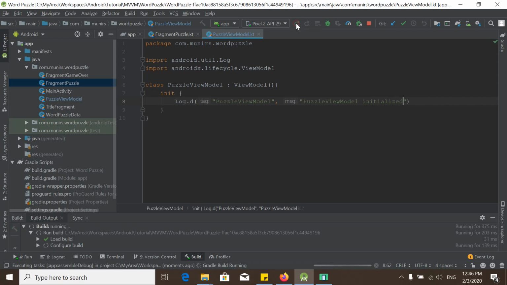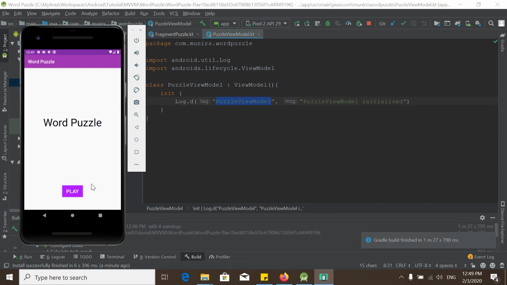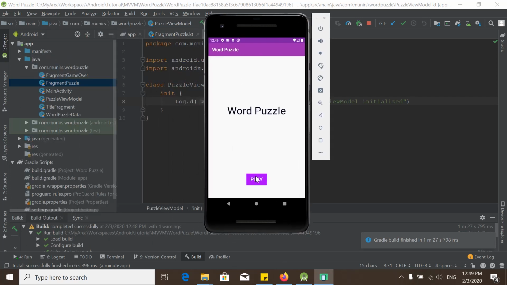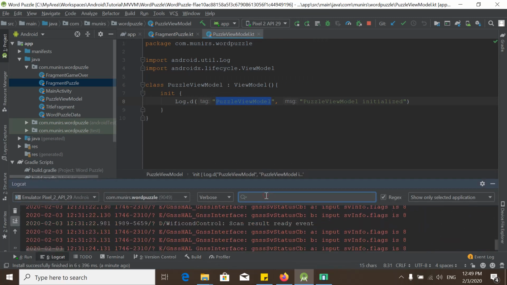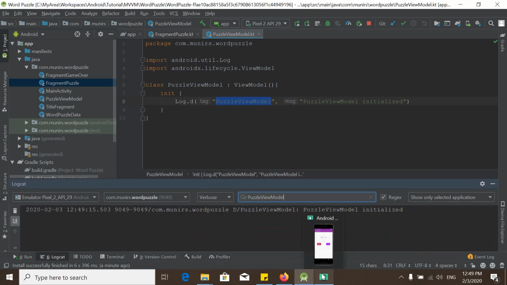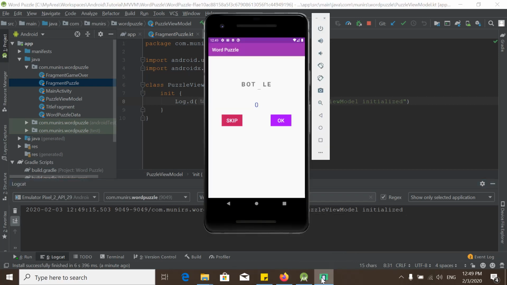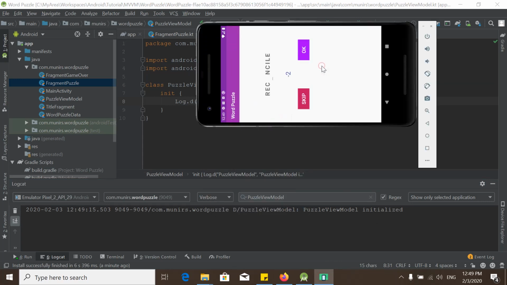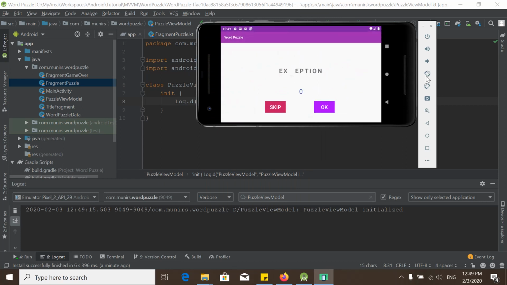And if we run this app, we go to our application, press the play button, go to the locate and write the search key, and we can see the puzzle view model initialized. Now if we rotate our app like this, we can see that our view model is initialized only once. That means our